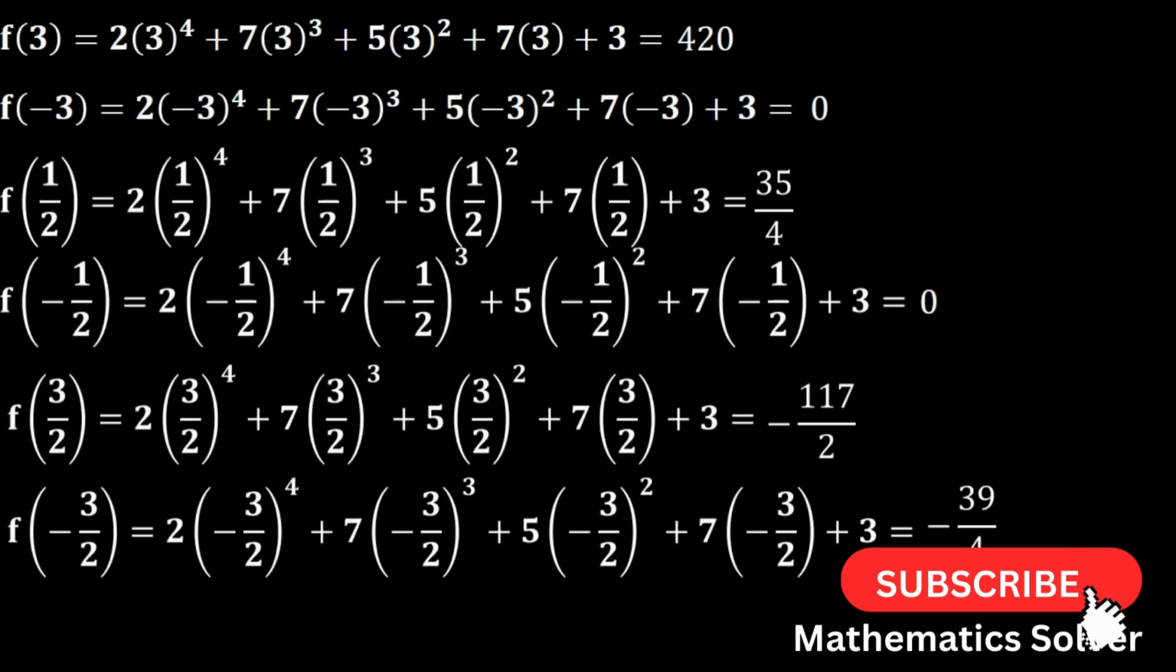Since the function has roots of negative 3 and negative 1 over 2,